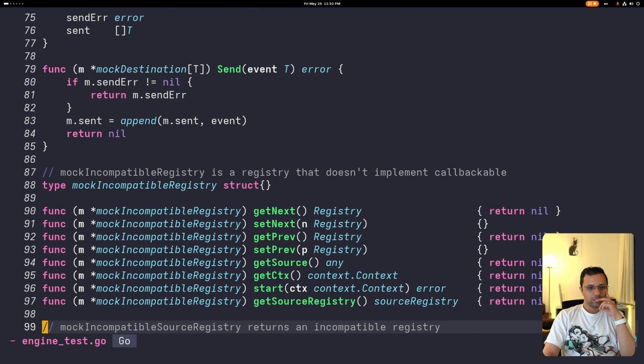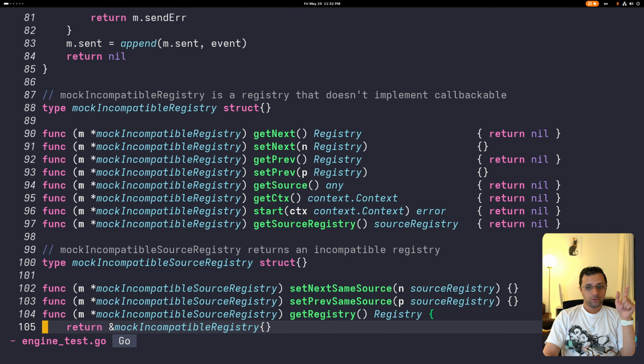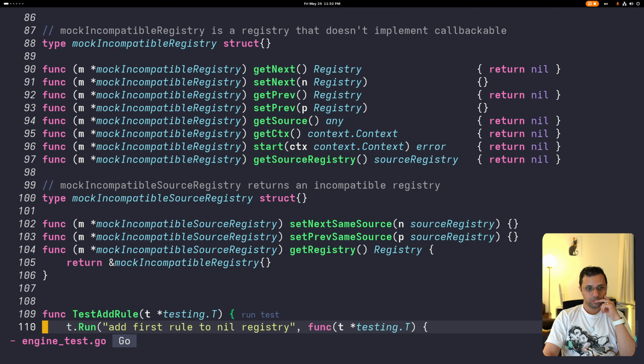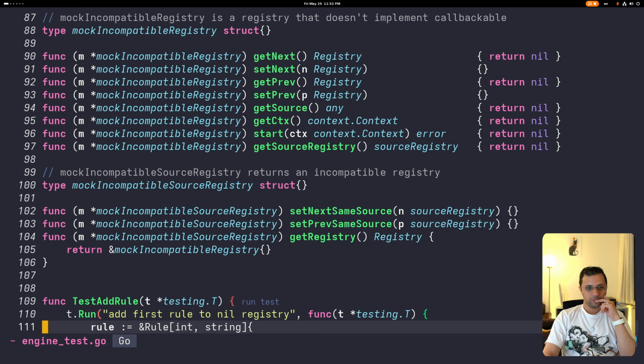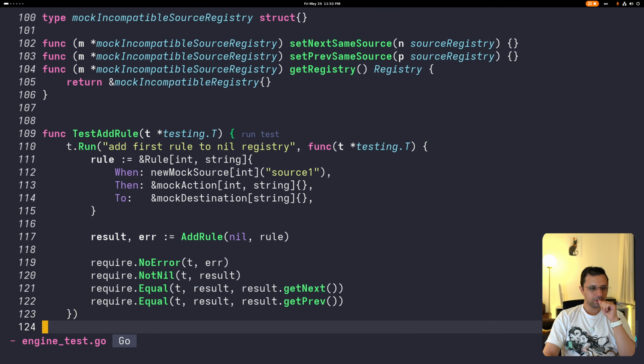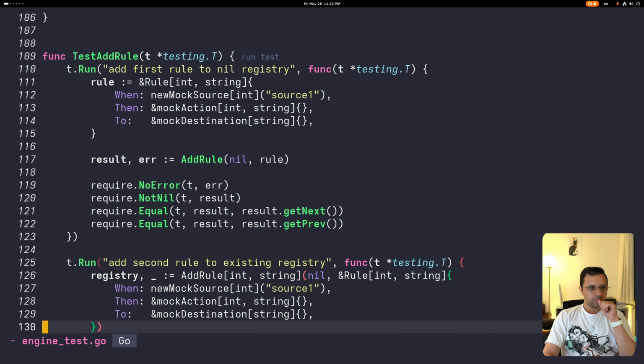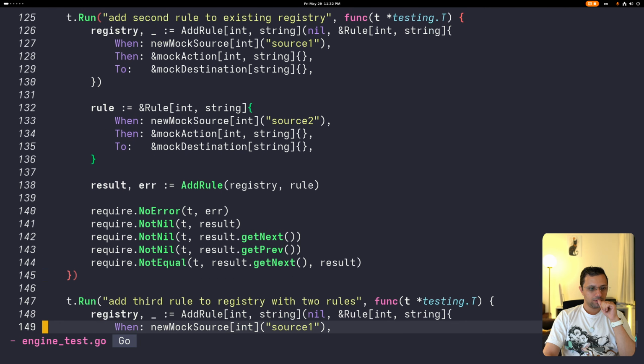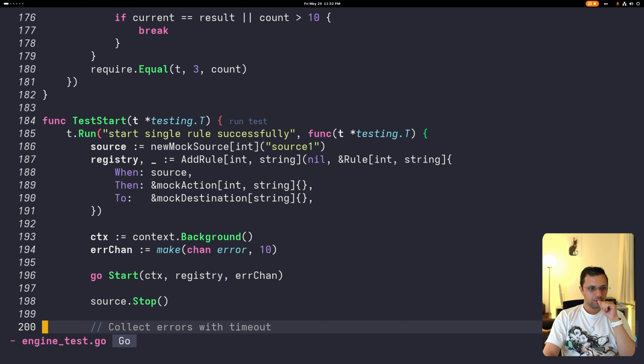Mock incompatible registry is a registry that doesn't implement clickable. So you can go to the other path. Sure. The path where you try to cast to clickable and you can't, so you have to return nil to be able to cover the rest of the lines. I think that's what I tried to do here. So test add rule, and then what else? And test start,